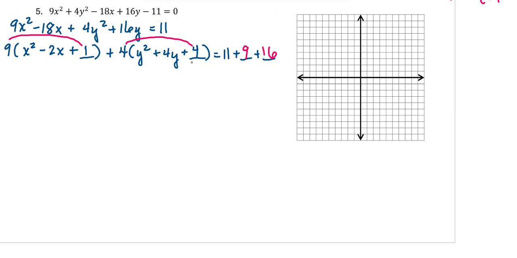You know, it's kind of a process, and it's nice if you stick with the process. It does make it a lot easier to practice and do. All right, so we have 9. Let's complete those squares. X minus 1 squared. And then we have 4 and y plus 2 squared equals, what's that, 36? Sound good? Yeah. Okay,